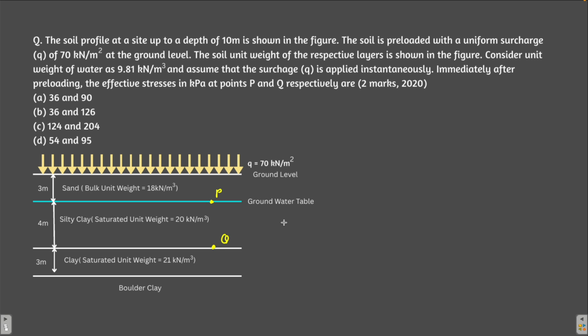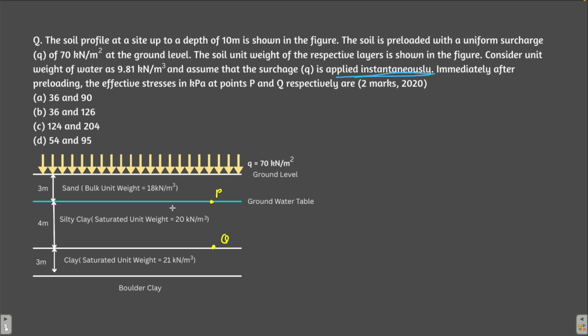The forces or the stresses take time to get transferred, because it is a grain to grain transfer. From the soil particles, it takes a certain time to get transmitted from the upper layer to the downward layer. Okay, it cannot be immediately transferred. So if we are finding out the instantaneous stress, the moment when the stress is applied, we have to find the effective stress, then we will not consider this surcharge. Okay, because it will not get transmitted. Now without this surcharge, we have to calculate what is the effective stress.